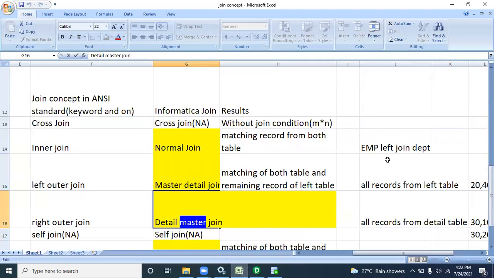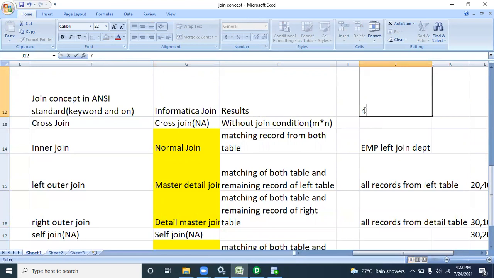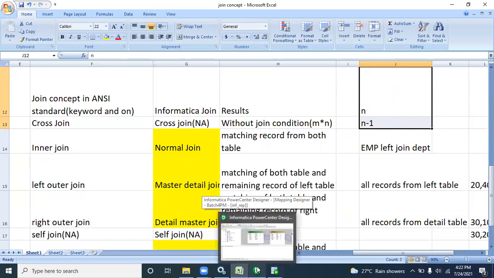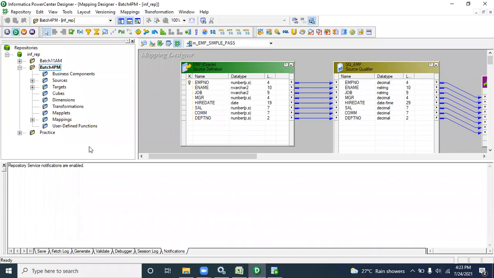For the joiner, as we discussed in the earlier class also, we need at least 2 tables. And if you have n number of tables, we need n minus 1 join conditions. The same things follow in Informatica. The concepts implemented behind the transformation are all given by the database. Whether Oracle or any database, you will get those concepts. For that reason, we need at least 2 tables.